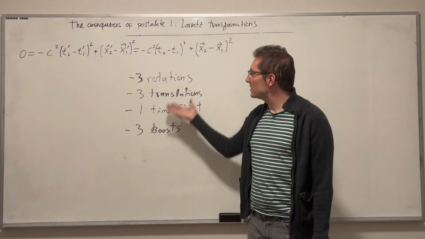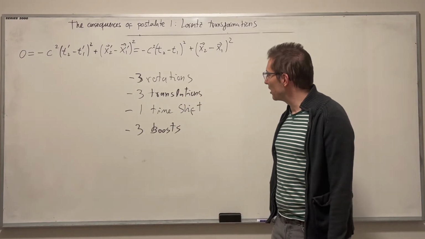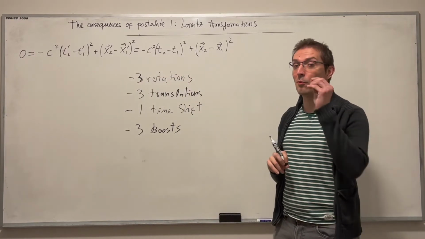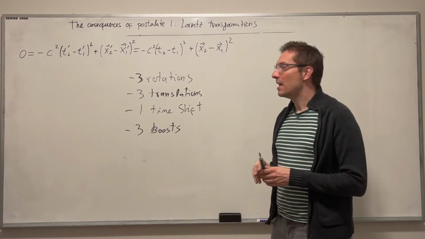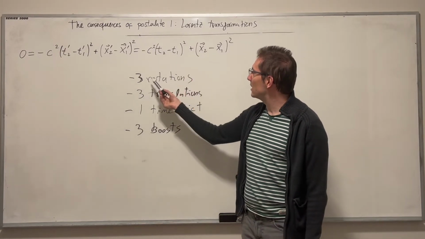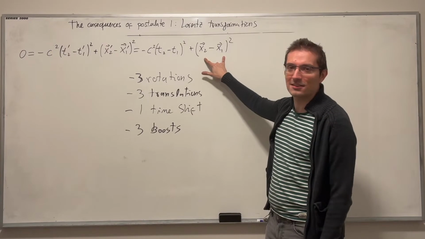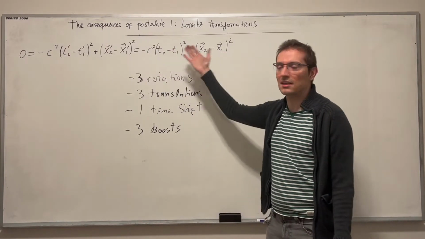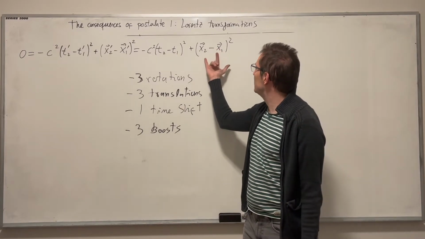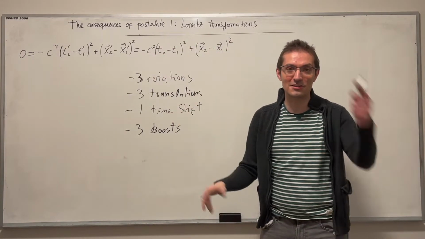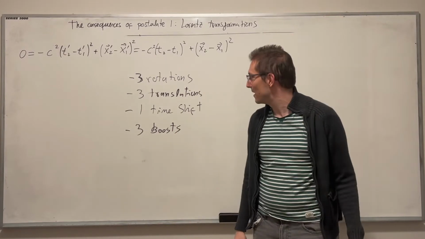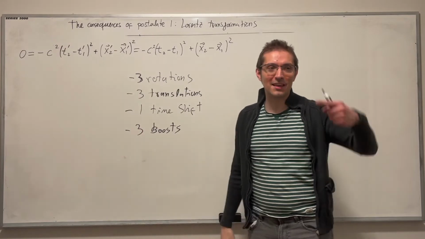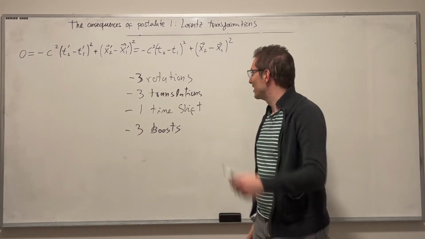These are the differences between the frames, but this equation here that we established will inform us about one of them in particular. Why? Well, because you can tell that it's invariant under rotations. Here we have a distance. So if the difference between these two is a rotation in the positions, the difference between the two squared is invariant under rotations, it is the magnitude of the distance between them. Translations, same thing. This is the length between them, the magnitude. So if I move it like that, it's invariant.